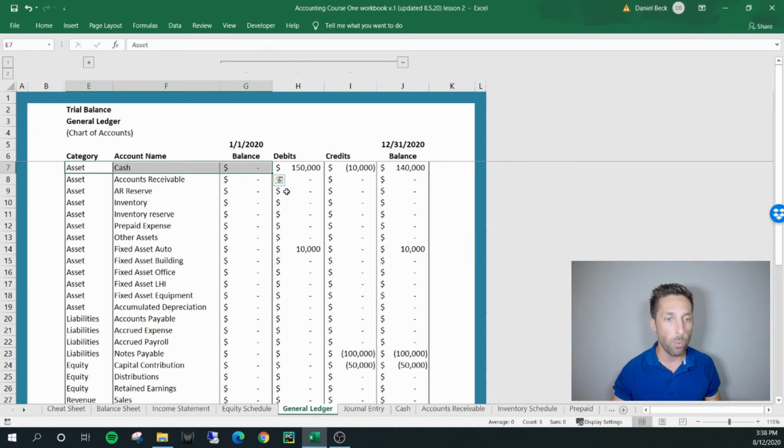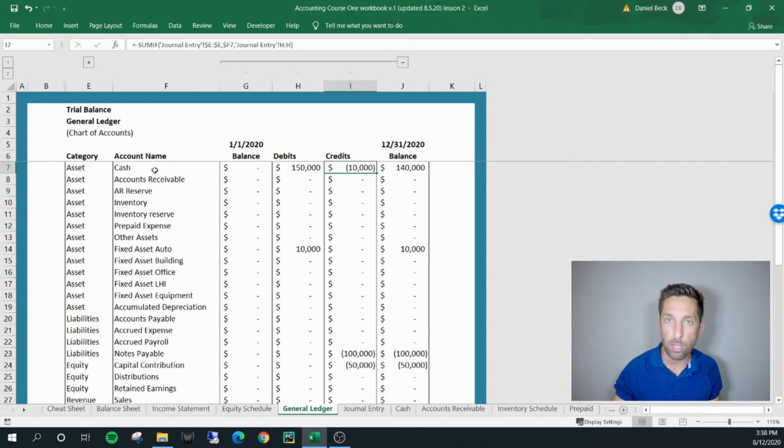And the way this general ledger is set up is to show the activity of the debits and credits for each general ledger account. So we actually can see right now we have a total of $10,000 worth of credits that were booked to our cash general ledger account, bringing the total balance for this general ledger account to $140,000